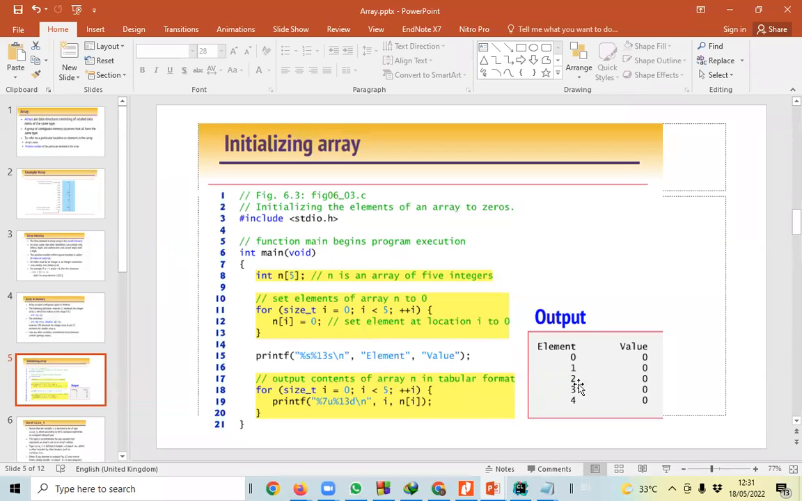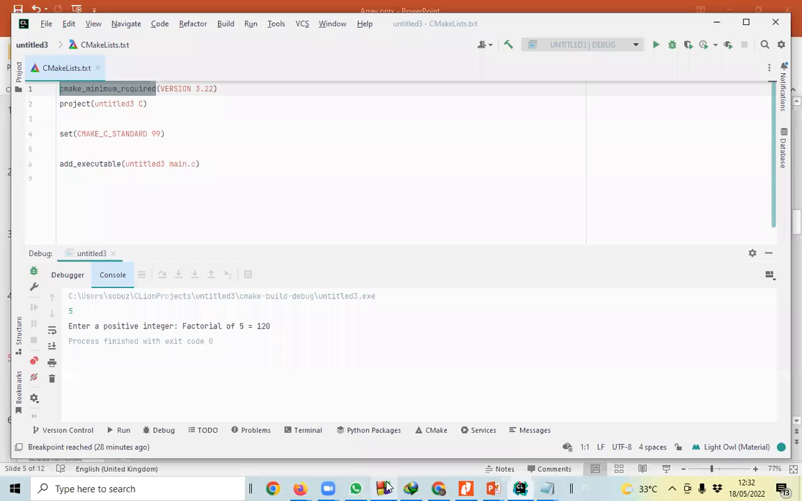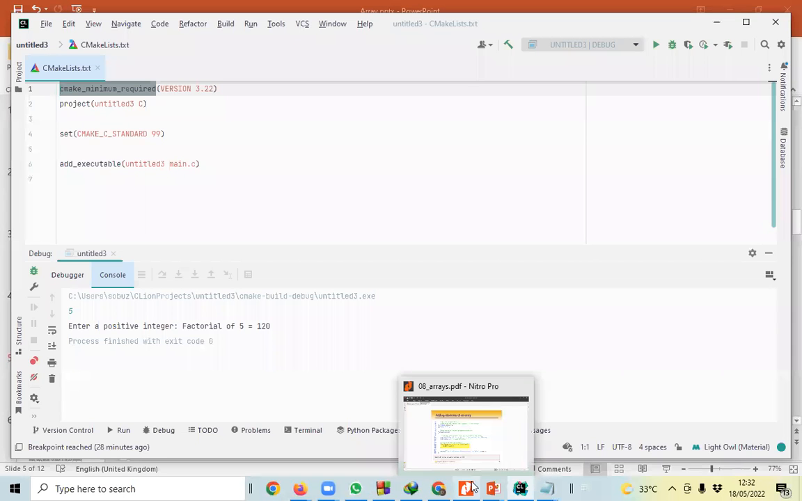And if we want to check the location element value, then we can print it using i equal to 0, i less than 5, i plus plus. The format here we have used is %7u and %13d. The %7u means the spacing. So we can see that element 0 value 0, element 1 value 0, element 2 value 0, like that. So if we see this one in coding,